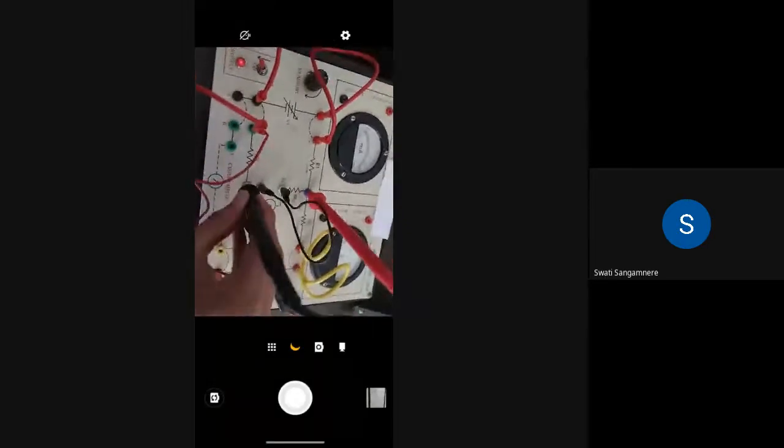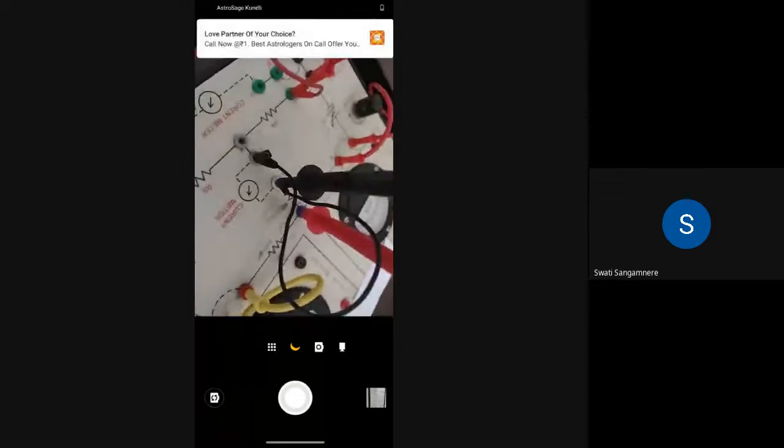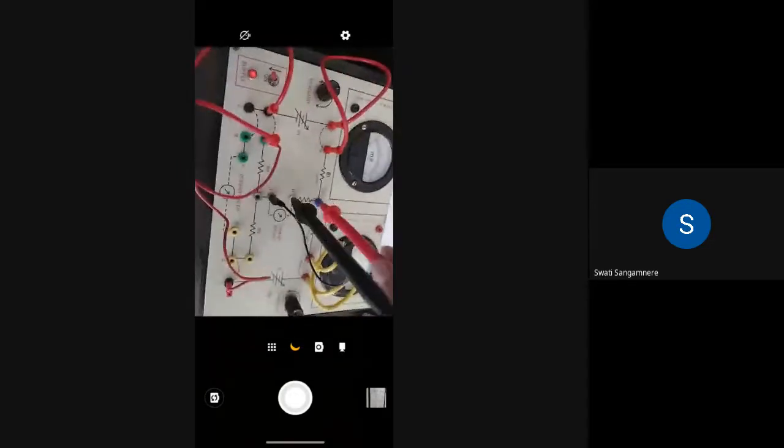So we can connect the multimeter across resistance R3. See, the voltage across this resistance R3 will be 3.50. So the voltage of node VB will be equal to the voltage across resistor R3. Then we can take the last reading of current IC, that is the current flowing through the R3 resistance.